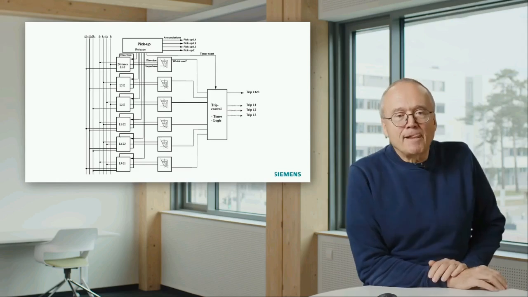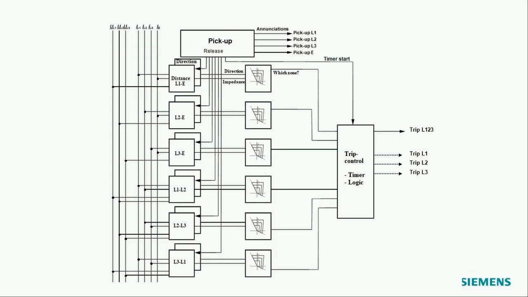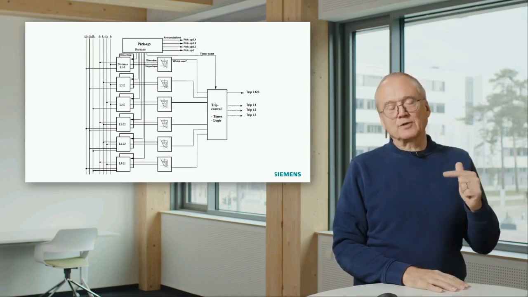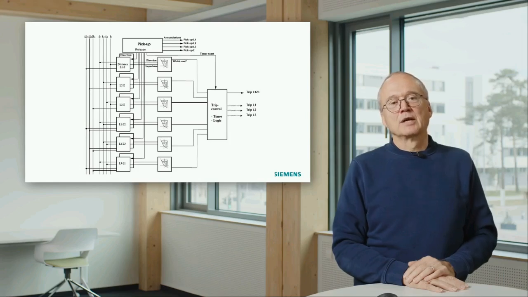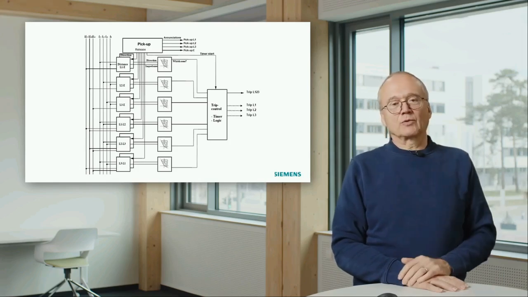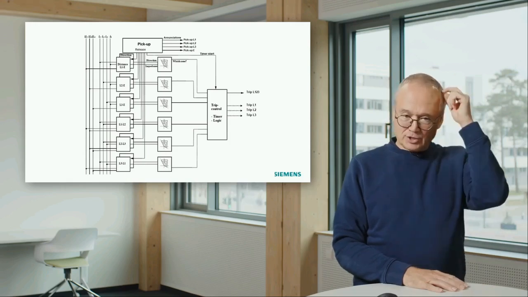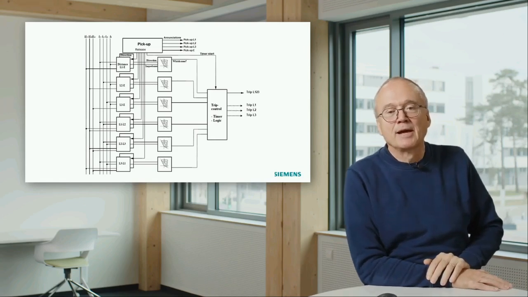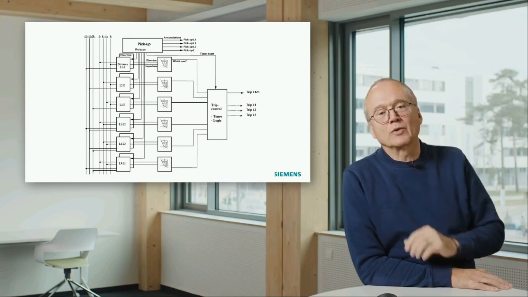This diagram shows a little bit the structure of a modern protection relay. On the left-hand side, you see we measure the currents and the voltages. And then we measure in parallel 6 impedances. So you see here the measurement blocks for the 3 phase-to-phase and 3 phase-to-ground impedances. We compare that with the characteristic. The pickup function controls the whole story a little bit, gives some signals if we detect something. And then with the whole thing we run into a trip logic.